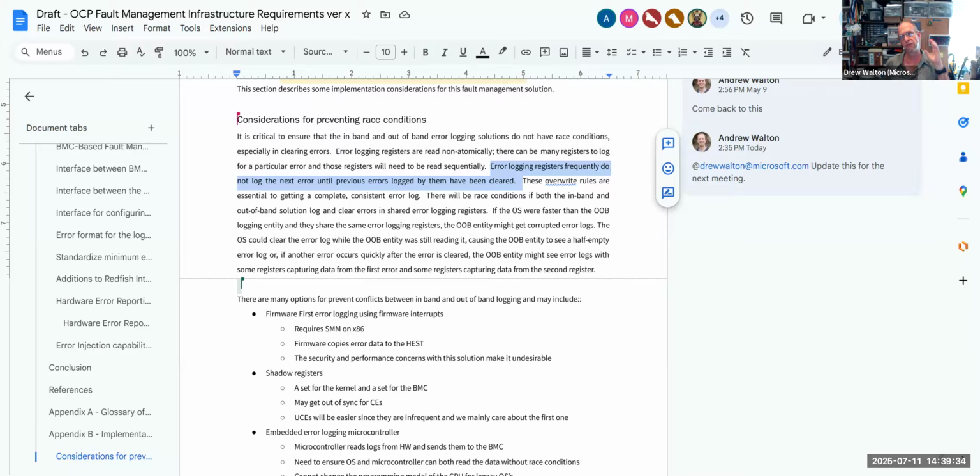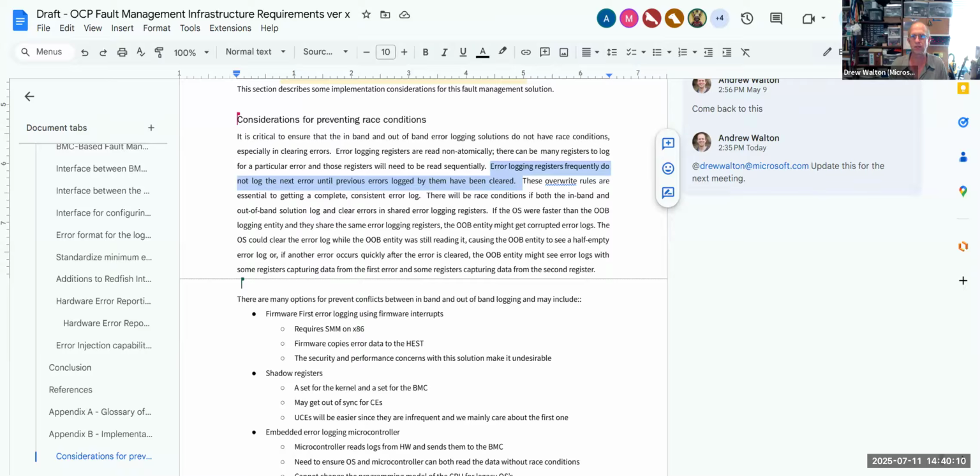Here's why: if you have a flood of corrected memory errors, then you'll never get a consistent error, because as you're logging the error, the next error comes, and so now you have an inconsistent error across all those error logging registers. So you really need to log the first one for a flood of errors. It can be programmable, but I'm just saying that error logging registers frequently do not log the next error until the previous error. I don't think it's accurate. I'm just reacting to the statement. It really is accurate, now if it's of the same severity, but it really is accurate.